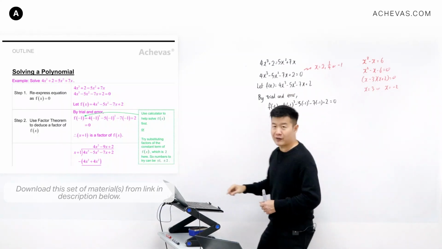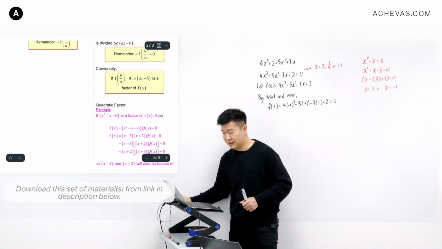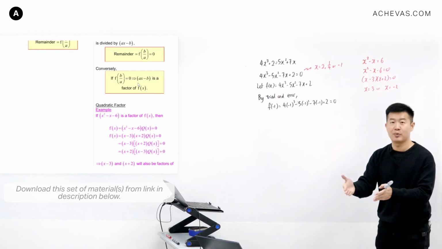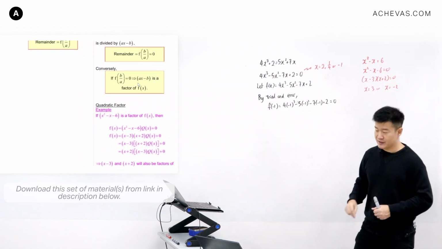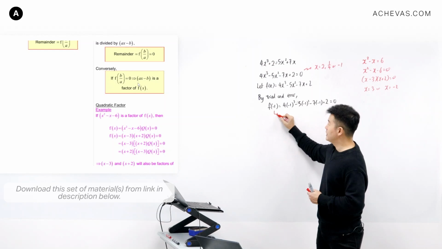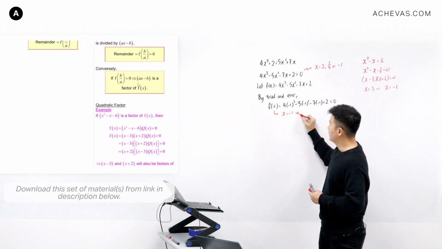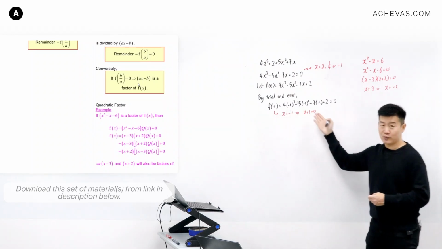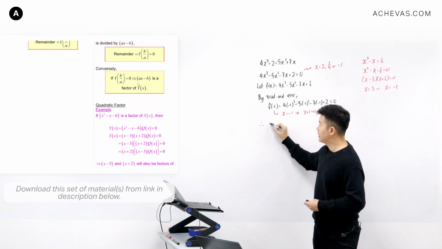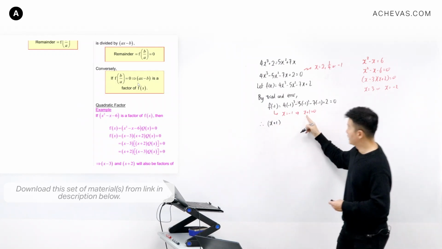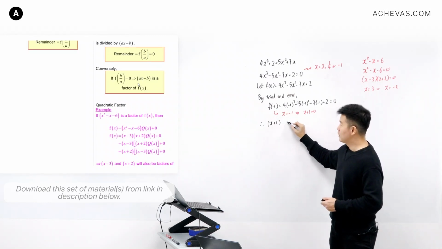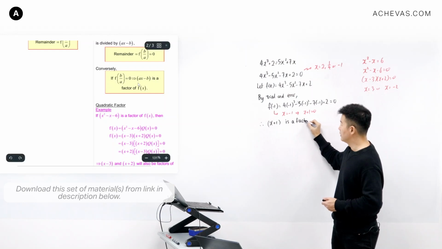And what do we know about f(x) equal to 0? If f of a number is equal to 0, then this number gives me a hint of what exactly is a factor of this polynomial. So if f(-1) is equal to 0, then x is equal to minus 1. That means x plus 1 is going to be a factor. Okay, when minus 1 is a root, then according to the factor theorem, x plus 1 is a factor